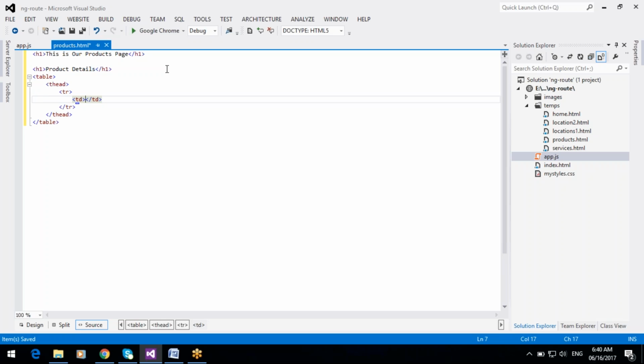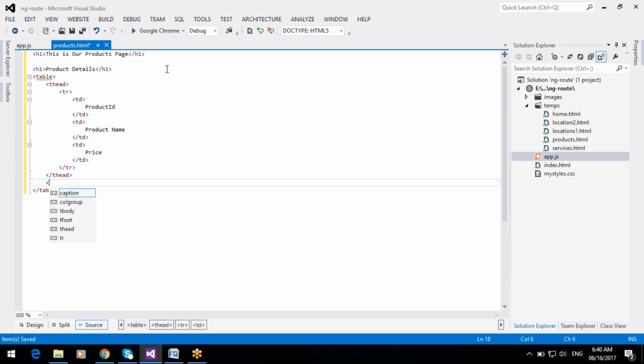In the tr we can add td for product id, product name, and price. So first the heading columns, and then the table body, where we can display the result.